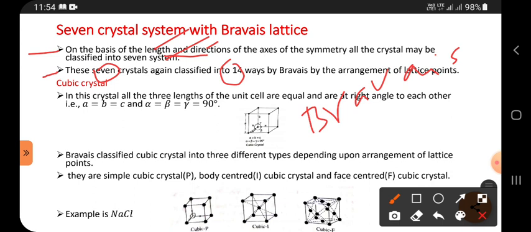Why? Because there is one table with the complete descriptions. If you learn the table, then that is enough, but that table cannot contain any diagrams. Here only diagrams are given, and there simply a table is there. And now see,